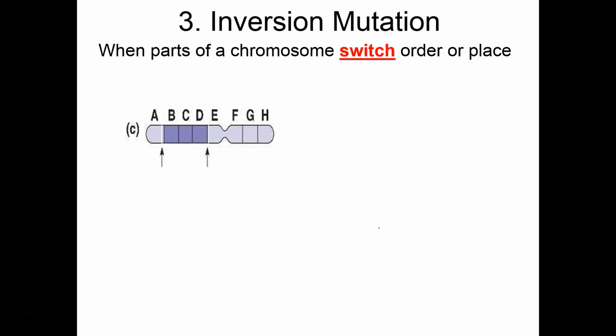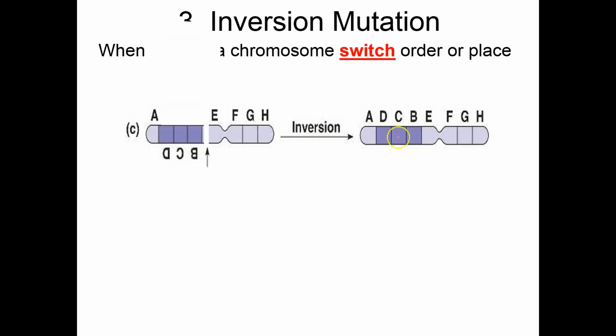Okay, an inversion mutation is when parts of a chromosome switch order or place. So we've got B, C, D here we're going to work with on this chromosome. We're going to take it out and then turn it over and then put it back in so that it's in the opposite order. It's in the reverse order from when we started. So if we look at our complete chromosome, we have A, D, C, B, so this part is backwards, E,